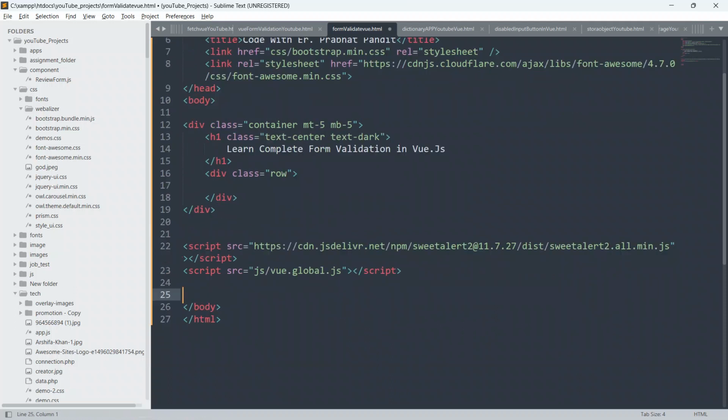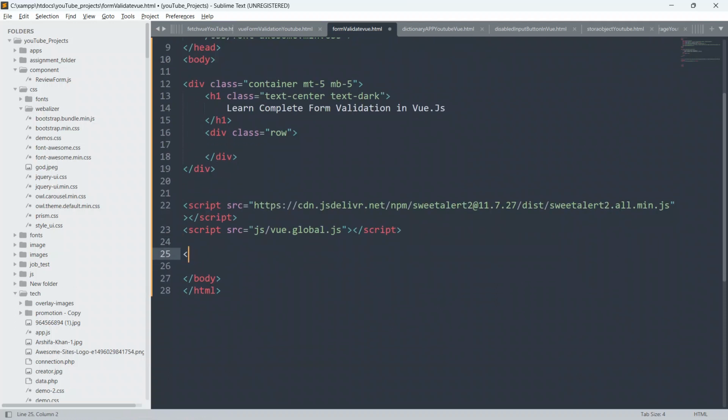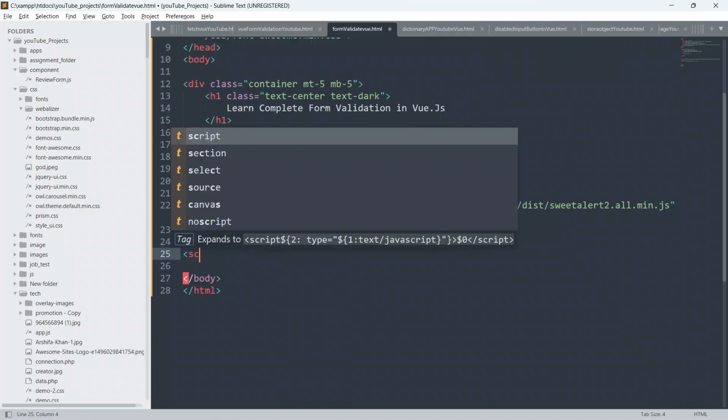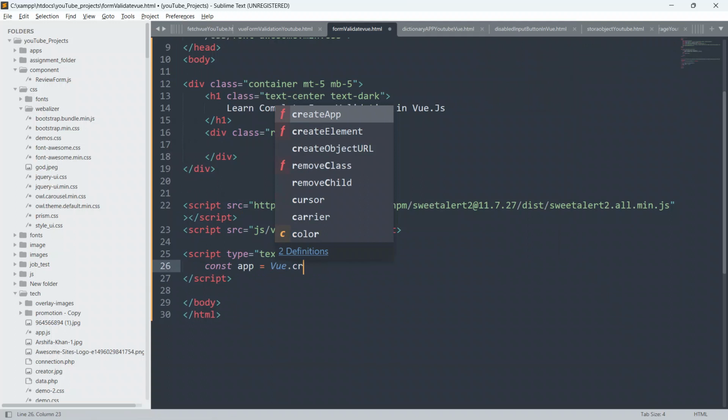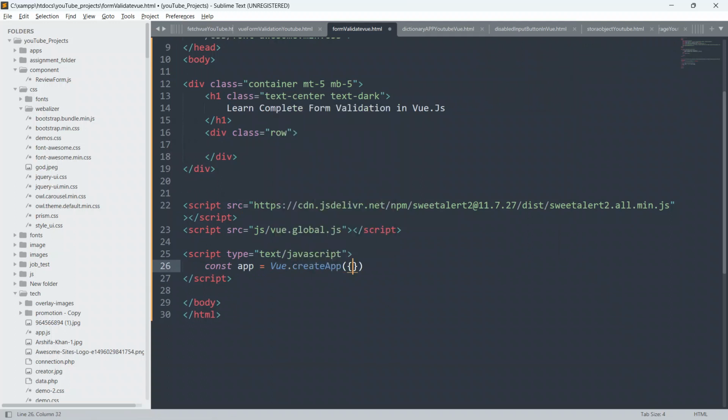Inside this, we will write our code. I'm gonna create a script tag first. So just go below this and create a script element, and inside this I'm gonna create a const first. So give app equal to Vue.createApp, and inside this I'm gonna write the data function which will return all the properties. And now we have to mount also. So .mount, and we have to put our id. So I'm gonna give app only.